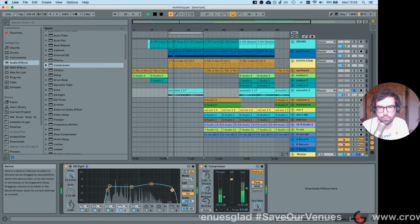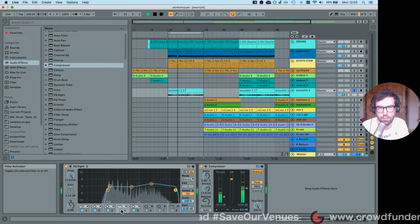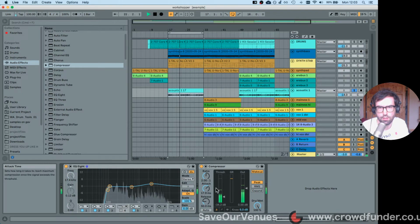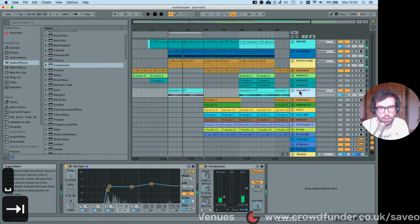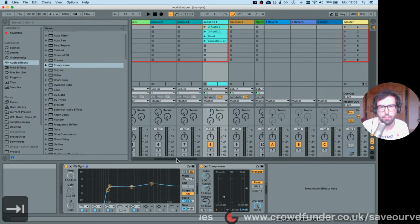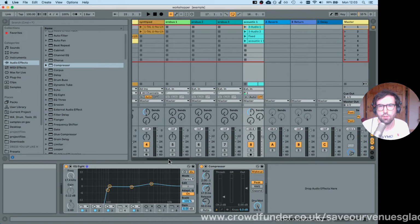Not sure if that low pass filter was a good idea. Now I haven't panned anything yet, and this might be a point where, in terms of panning, before I get to the next thing, God, mixing's hard. I feel like I do ramble a bit with mixing because it's just something that takes practice. But